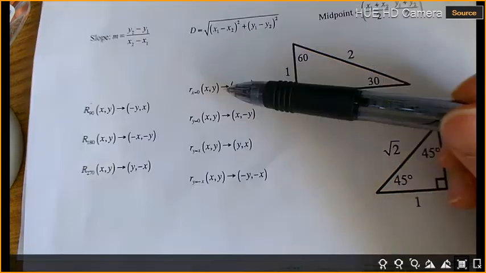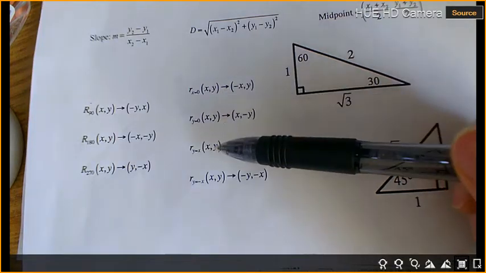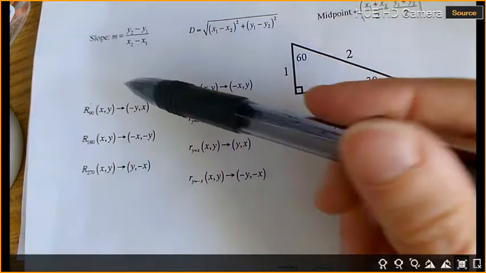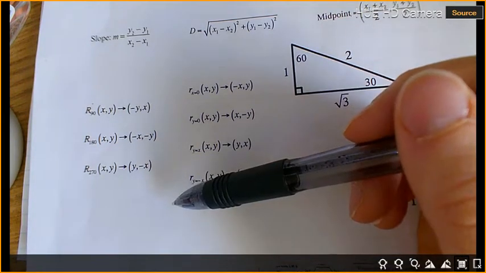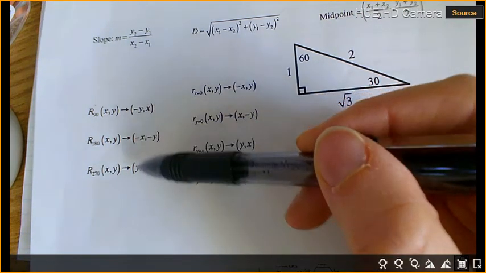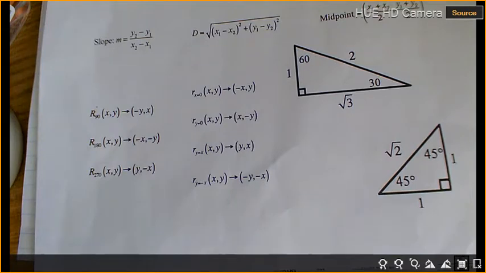It's got reflecting over x equals 0, y equals 0, y equals x, and y equals negative x. And it has rotations. The rotations are always counterclockwise. Rotation of counterclockwise 90, 180, and 270. Okay. So, you will also be given an